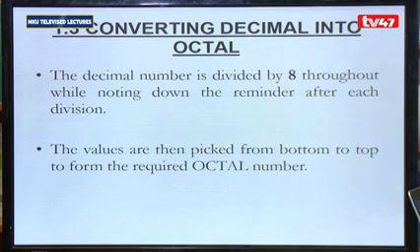The decimal number is divided by 8 throughout, and then you note down the remainder after each division. As we have done with the binary, again, you pick the values from bottom to top to get the required octal value. For example,